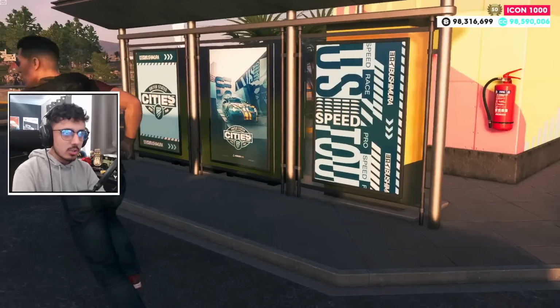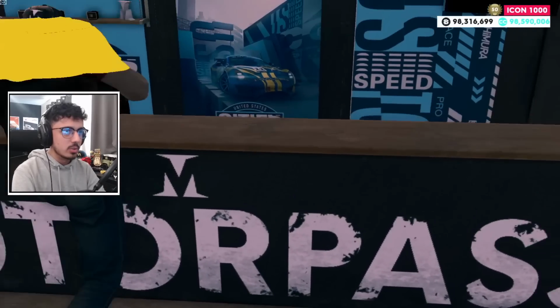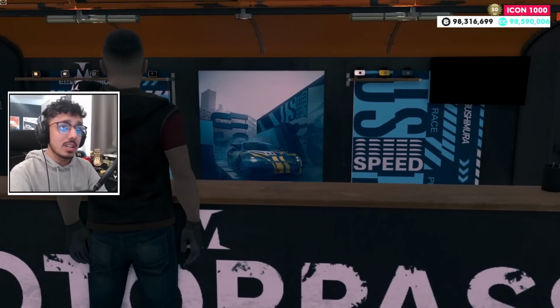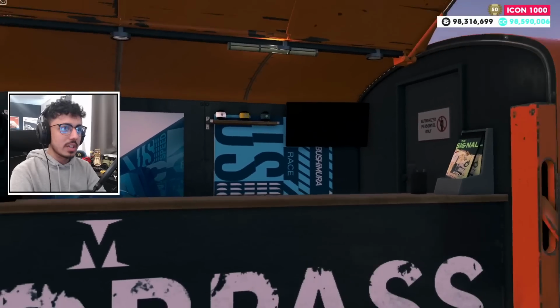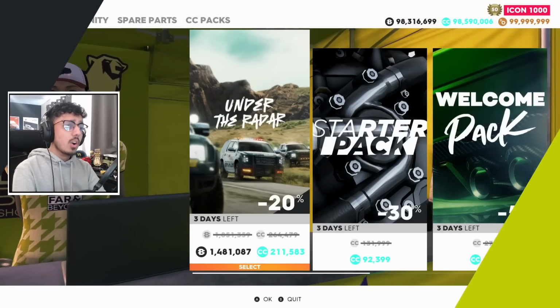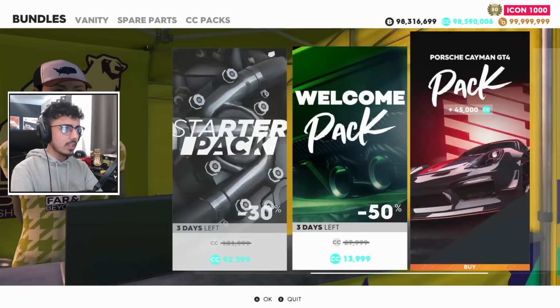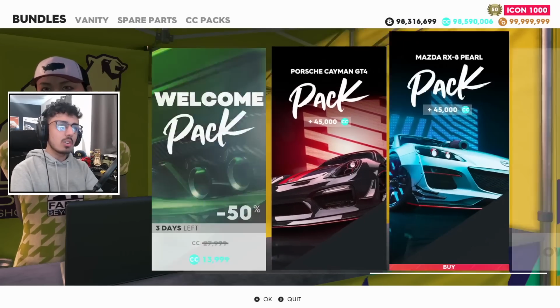Obviously, we got the usual posters and whatnot, which look very, very cool. The Motorpass man, who doesn't actually access the Motorpass, with the Motorflix logos and whatnot. And then over here, the store. Let's see if we can catch anything wildly new. Not just at the moment. Can we catch... Oh, no more...